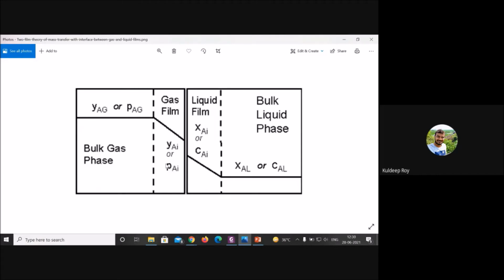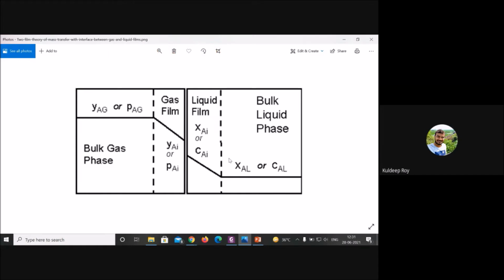Now here is one famous theory which is called the two film theory. Just note down these points. Two film theory. I'm writing with the mouse, sorry to say. Film theory. It is a very famous theory because it describes how mass will transfer from your gas bubble to the liquid, and which kind of diffusion or motion is happening in your reaction system.